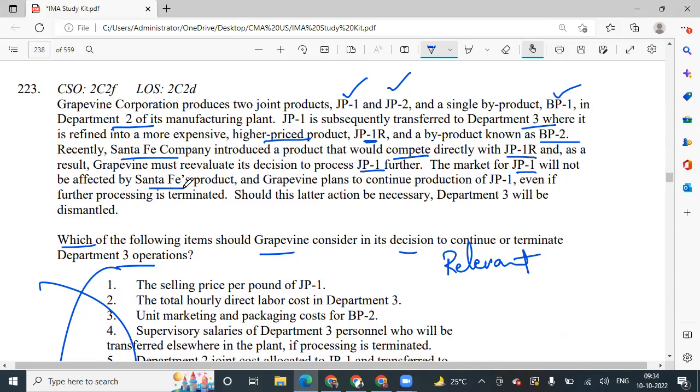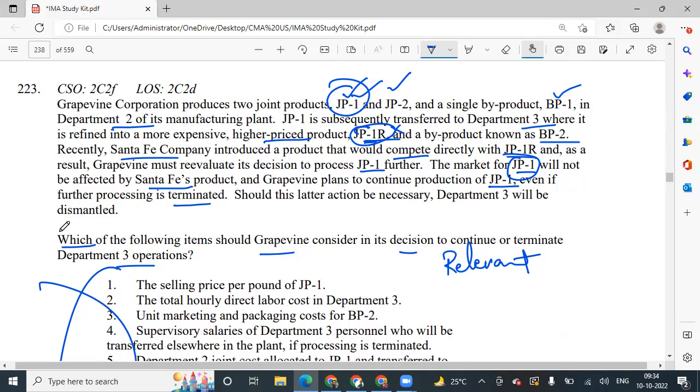Okay, the Santa Fe product is competing with JP1R, which is actually the refined product. But that's not going to affect the market of JP1, which is the joint product. And Grapevine plans to continue the production of JP1 even if further processing is terminated. So even if he finishes this off, he's still going to produce JP1. That's fine. Should this later action be necessary,